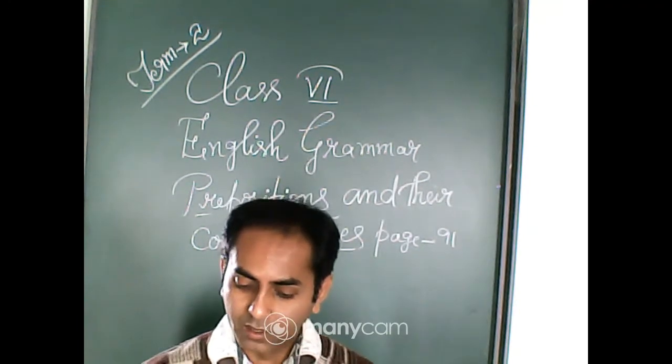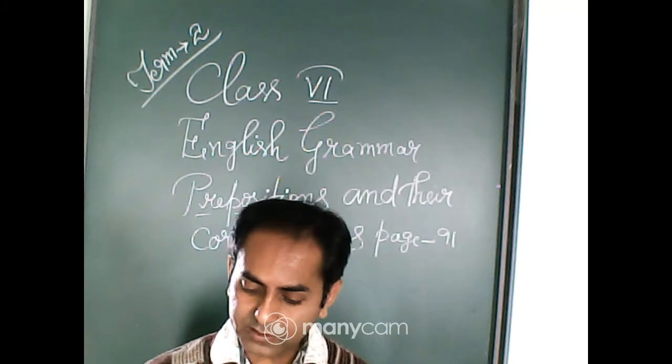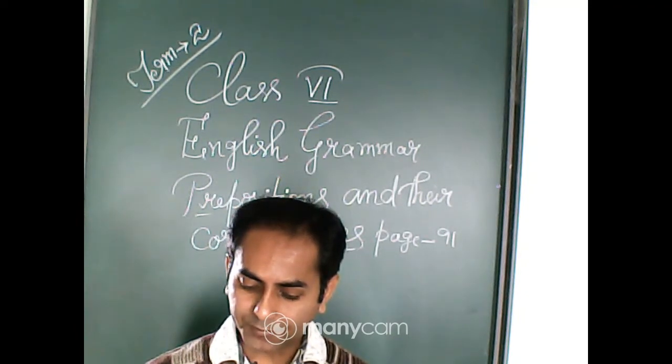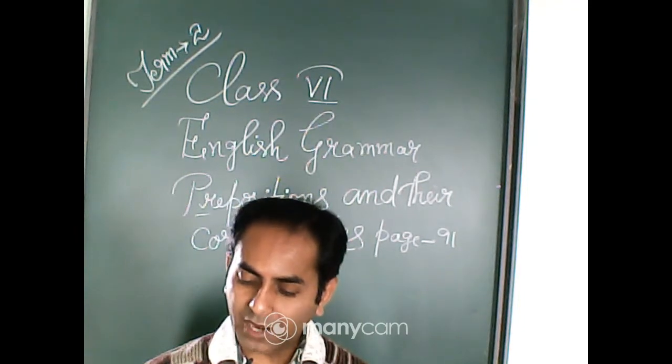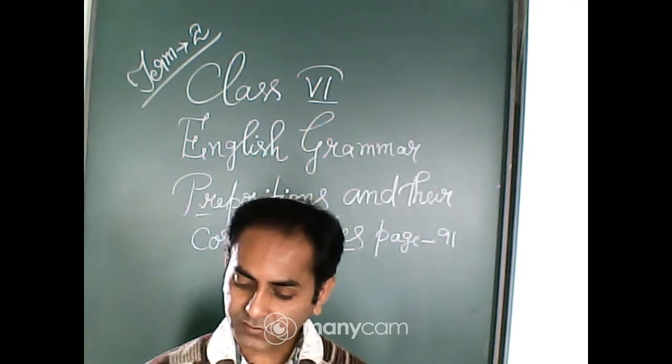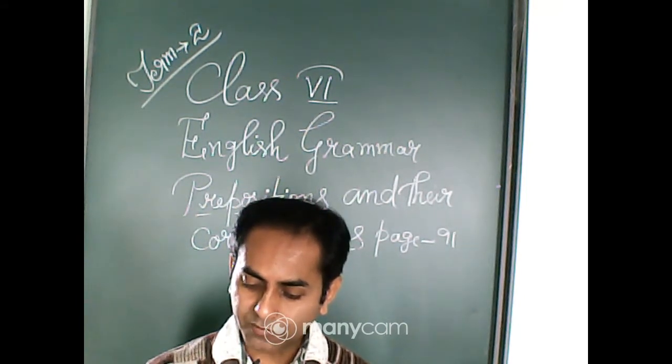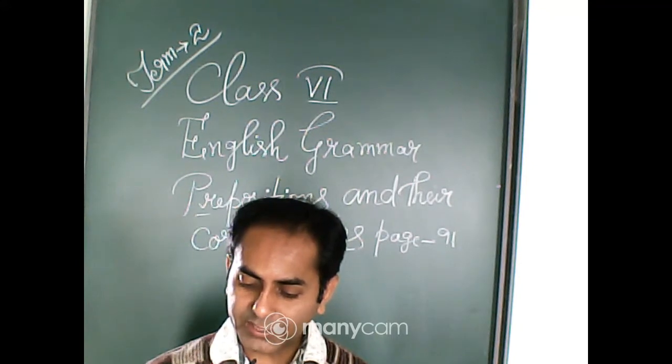Okay, so read the sentences given below. The books are on the table. The dog is sitting under the table. Orange juice is kept in the jug. In the above sentences, on, under, in are prepositions. They indicate the relation between the books, the dog, and orange juice with another noun in each sentence.